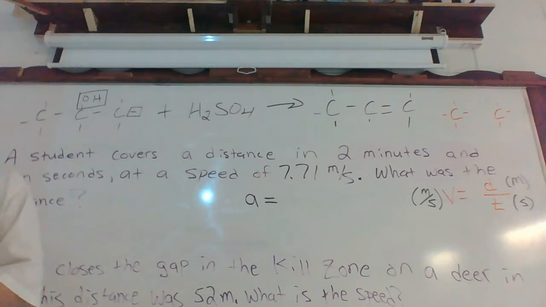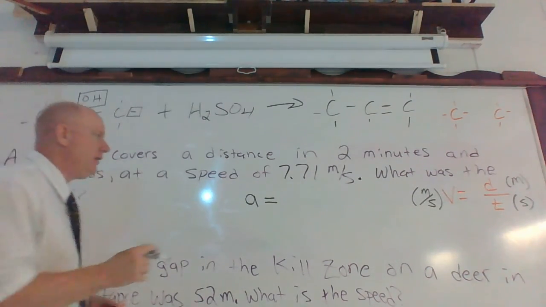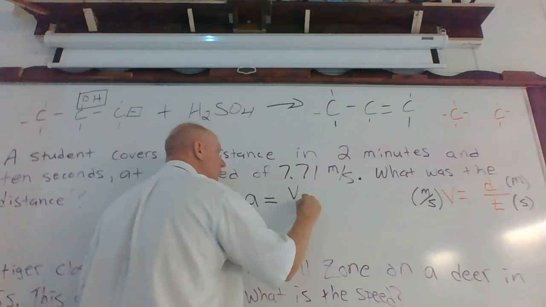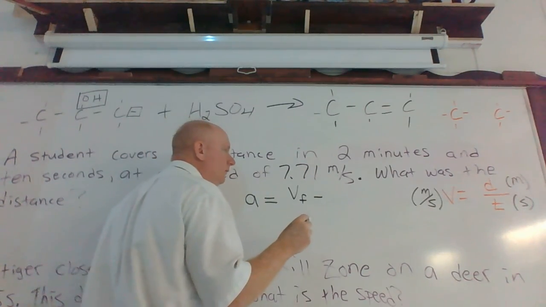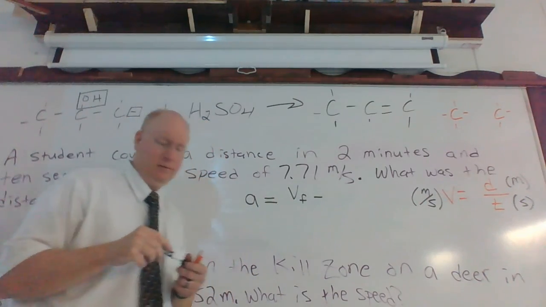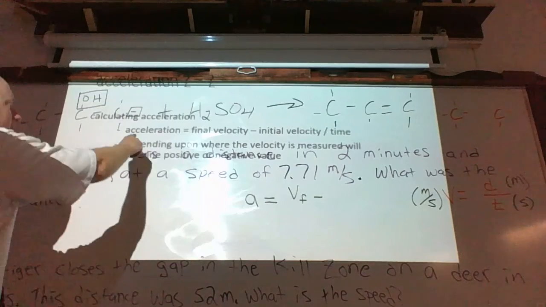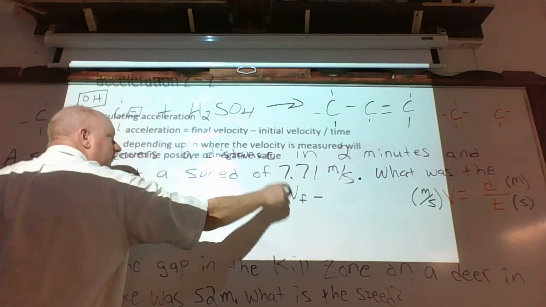And then what did it say on that line? Acceleration equals final velocity minus